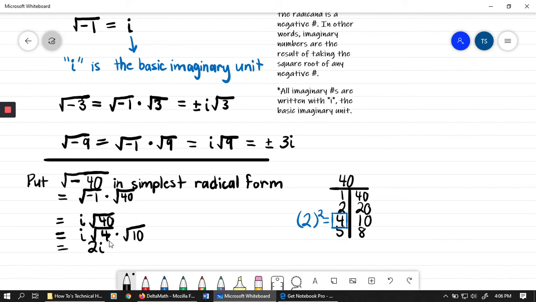That's what that part simplifies to, with the square root of 4 and the I. And still on the inside here, you've got the square root of 10. Alrighty, so that is how you'll definitely be expected to simplify radicals